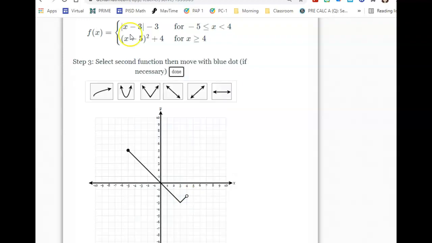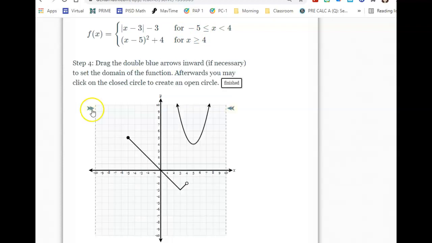Now I have to deal with my quadratic. So I click on my quadratic, it pops up. I'm going to go the right 5 and up 4. I'm right there. But I don't want the entire one because, again, this wouldn't be a function. I only want it when x is greater than or equal to 4, but I've moved it where I need to, so I'm done. And then I need to move this to 4, and I want it to be closed,